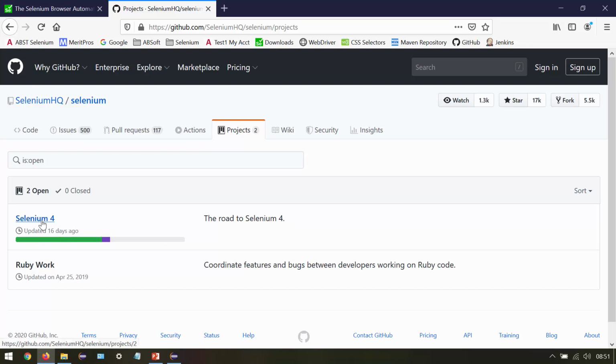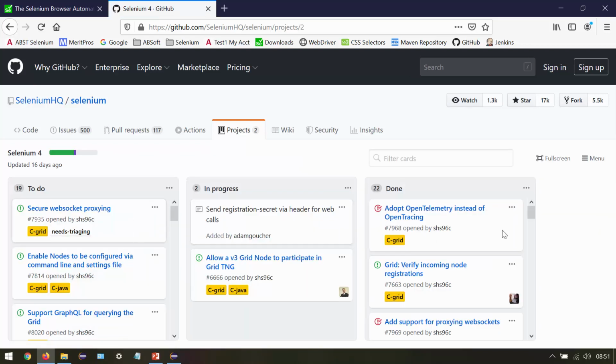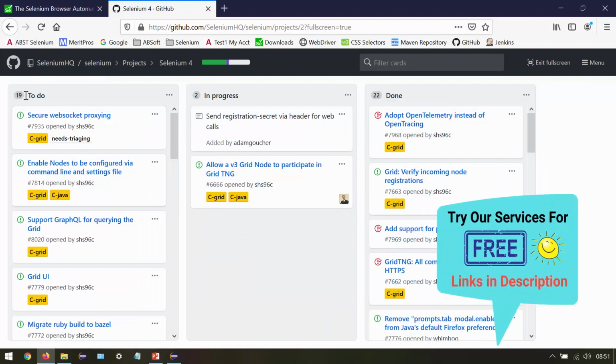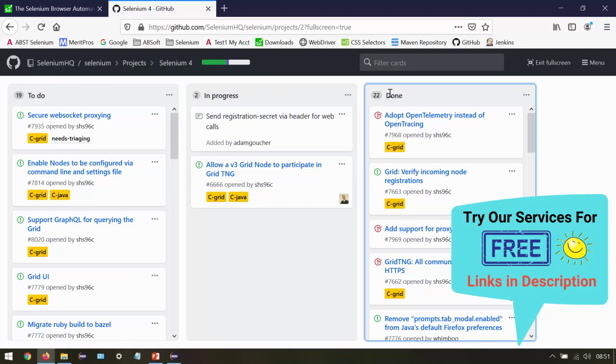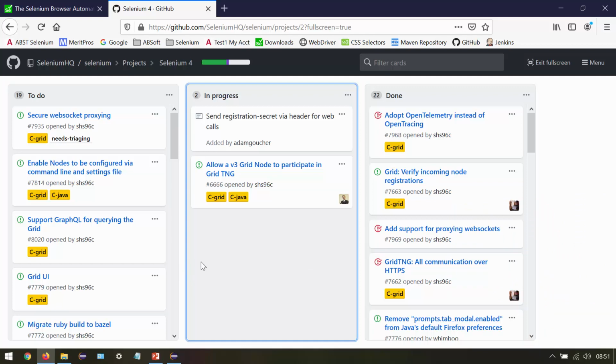If you go inside that, we can see the work in progress here. Let me click on full screen. There are 19 to-do tasks, 2 in progress, then 22 done. So this is our work in progress for the Selenium 4 release. Let's see when it will be available. We can track the progress from here.